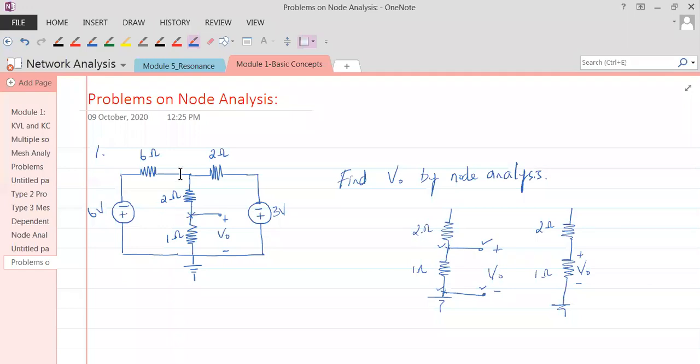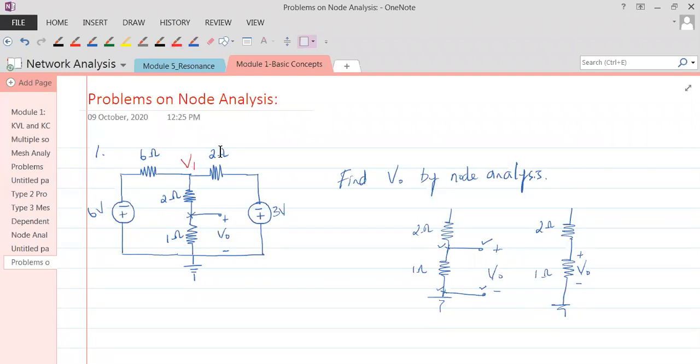So in that sense, we have 3 branches here: branch number 1, branch number 2, branch number 3. Don't consider 2 ohms as one branch and 1 ohm as another. It is just 2 plus 1, so it's 3 ohms. The 2 and 1 ohm are in series here. Get that point now? So you have just one node. What we used to do in mesh analysis was mark mesh currents. What we need to do now is mark node voltages. Let that node voltage be V1.